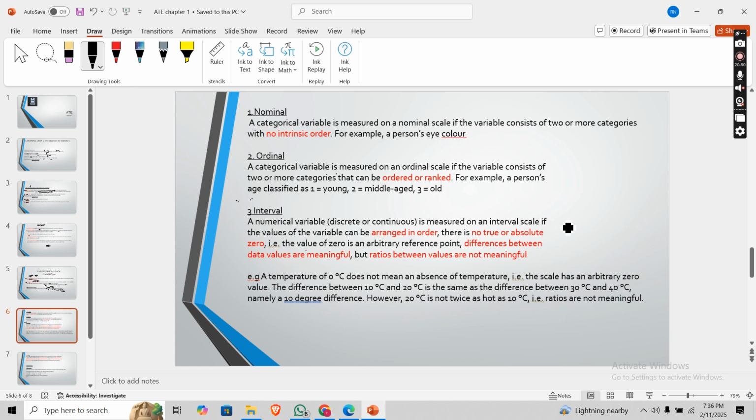Okay, before I explain the first measurement scale, I need you to have a book with you so that you can make some notes. Be ready to jot down whatever I tell you to write. Okay,